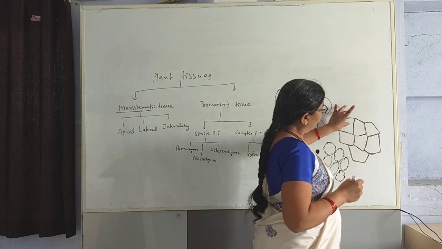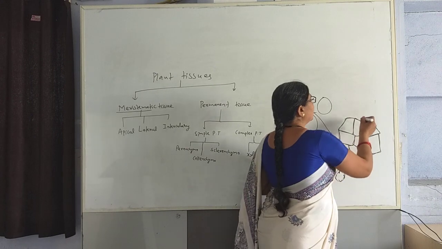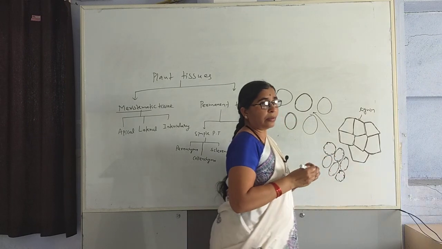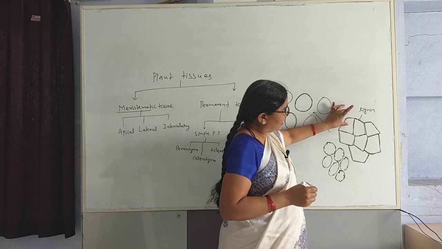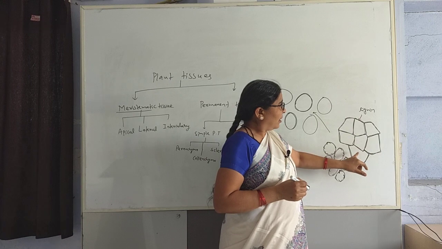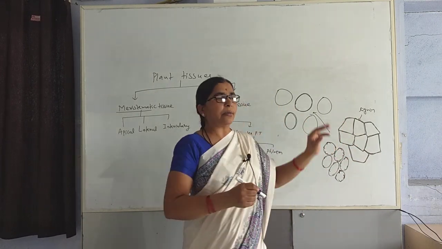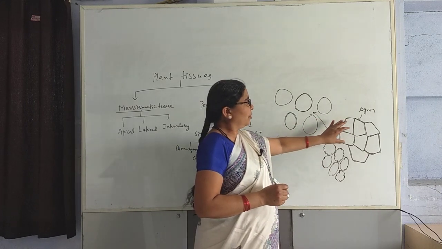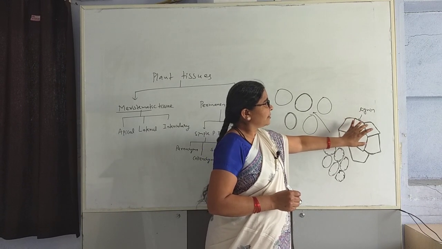And this cell wall is very thick because of the presence of a very important substance, known as lignin. Due to the presence of lignin, the cell wall is very thick, and these cells are basically dead cells compared to parenchyma and collenchyma. So, mainly due to the thickness, the